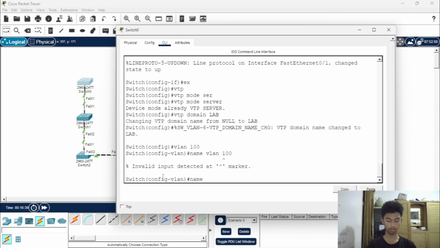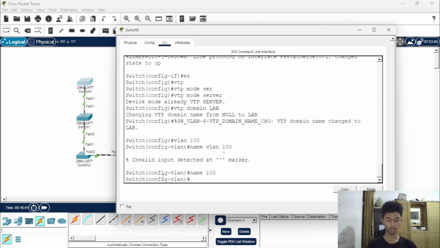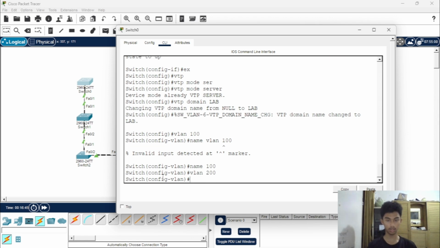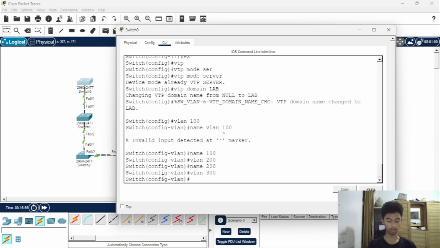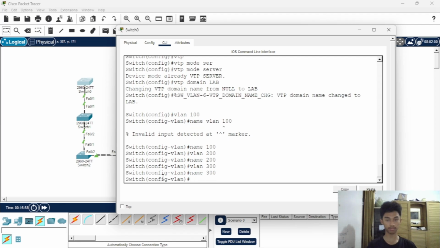Name 100, and we add VLAN 200, name 200.